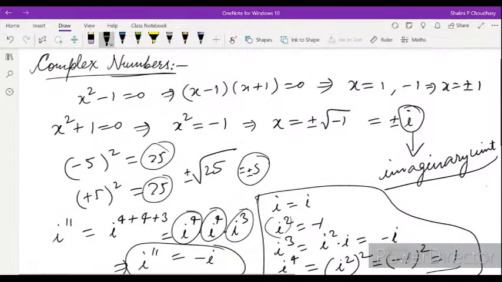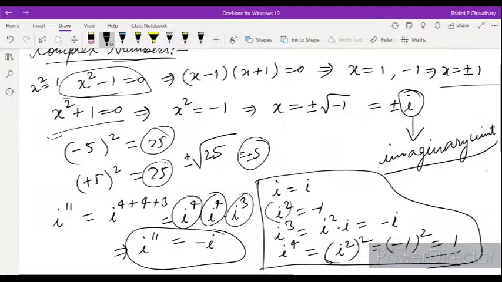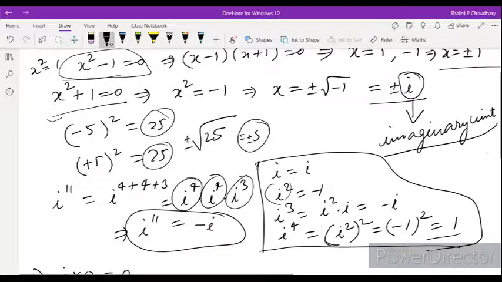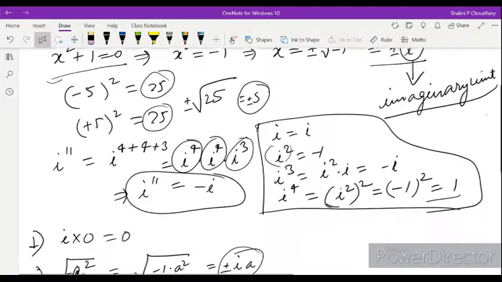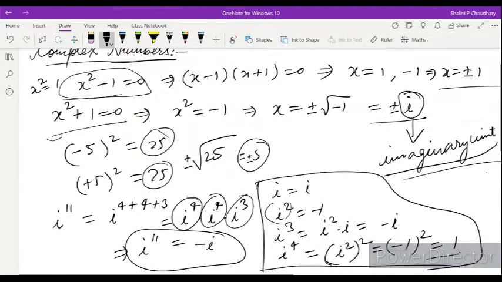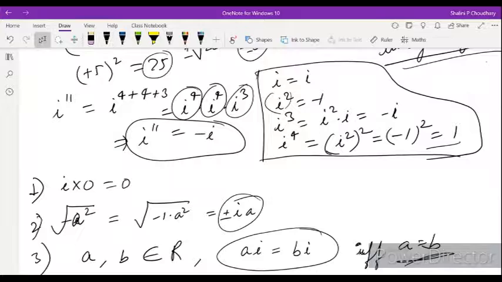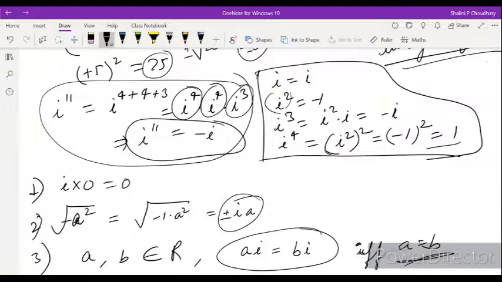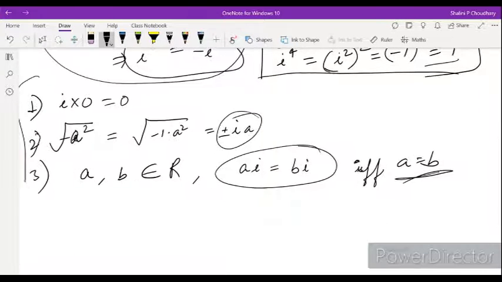Now we'll see whatever we have done. So quadratic equation हमने लिया x square minus 1. Okay, so इसका मतलब क्या होता है, x square will be equal to 1. So plus minus 1, two values we will get. But x square plus 1 we are taking, we are getting i. Okay, x का value will be plus or minus i. And i is what? i is imaginary unit. And how we have to find out the value of i का power कुछ भी रहेगा, i का power n, then how we'll find out? This we have done. After that we have seen the properties of i.